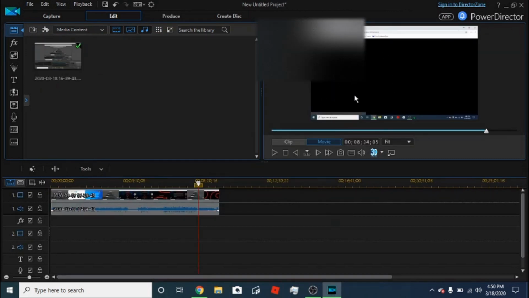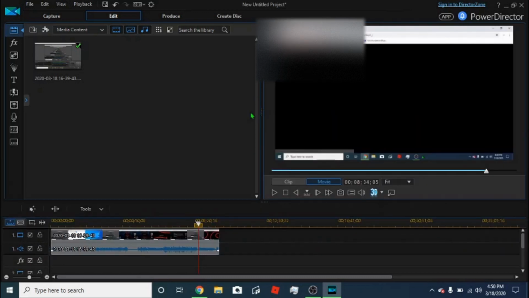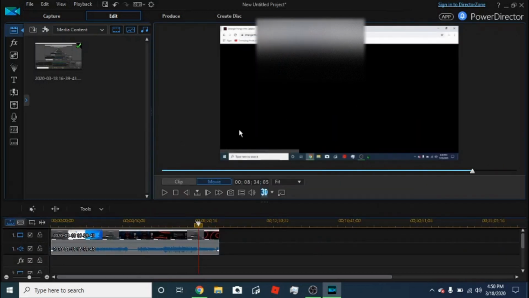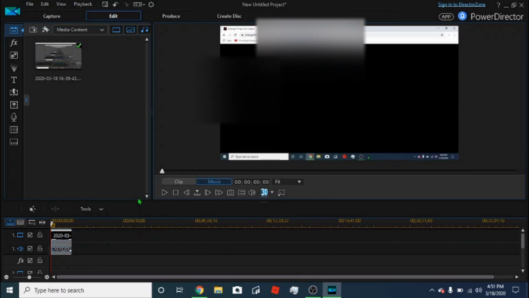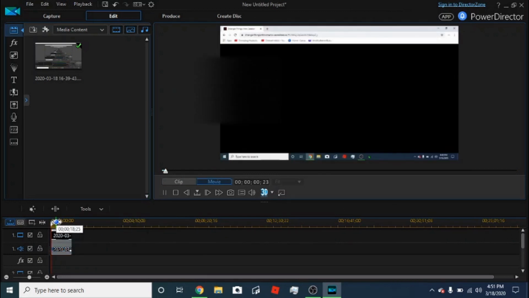Okay, so you want to get it to this black screen here, and I'm going to enlarge this just so that y'all can see it. You want to get it to this black screen right here, and you want to make sure that the little thing in the bottom showing your web address is not in it. So I'm just going to go ahead and delete the rest of the clips there. From there, you just want to